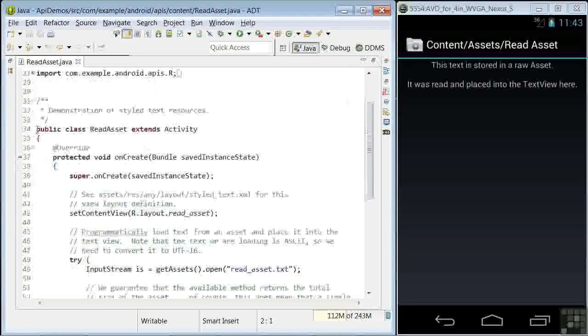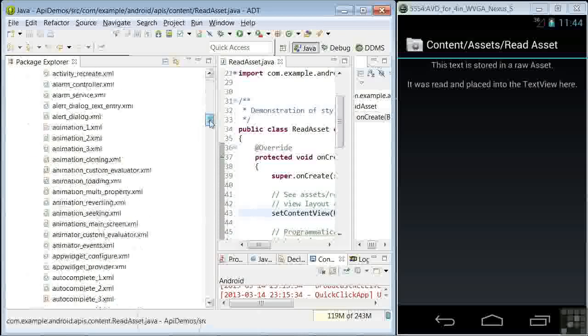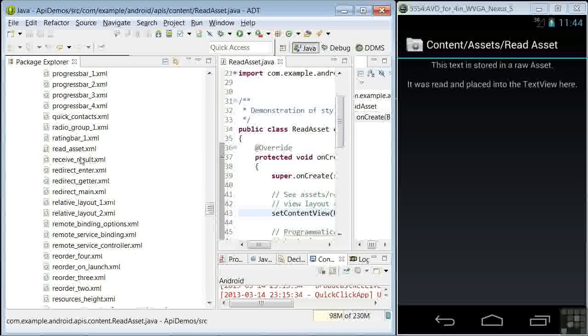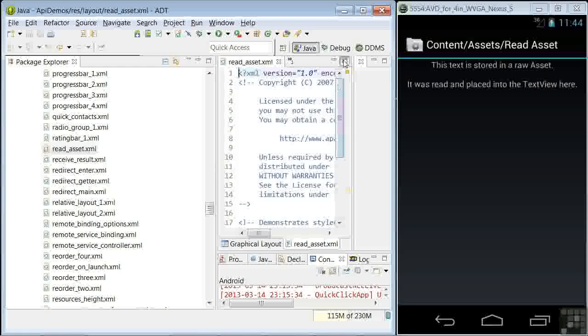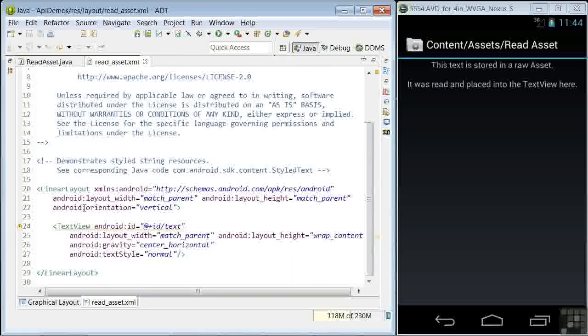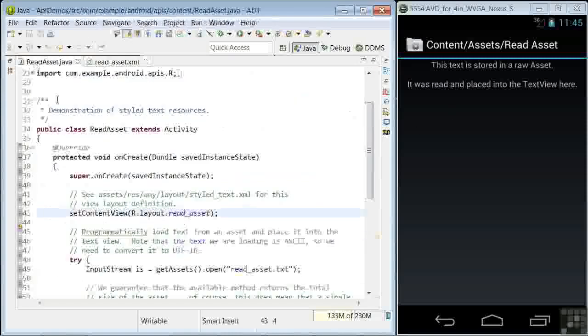Line 34 defines our ReadAsset activity. Line 43 uses the setContentView method with the read asset layout to initialize our display. So let's take a look at that layout. It's a simple linear layout with a text view that has an ID of text, and that holds the text that we read from our file and displays it on our screen. Back in our Java source,